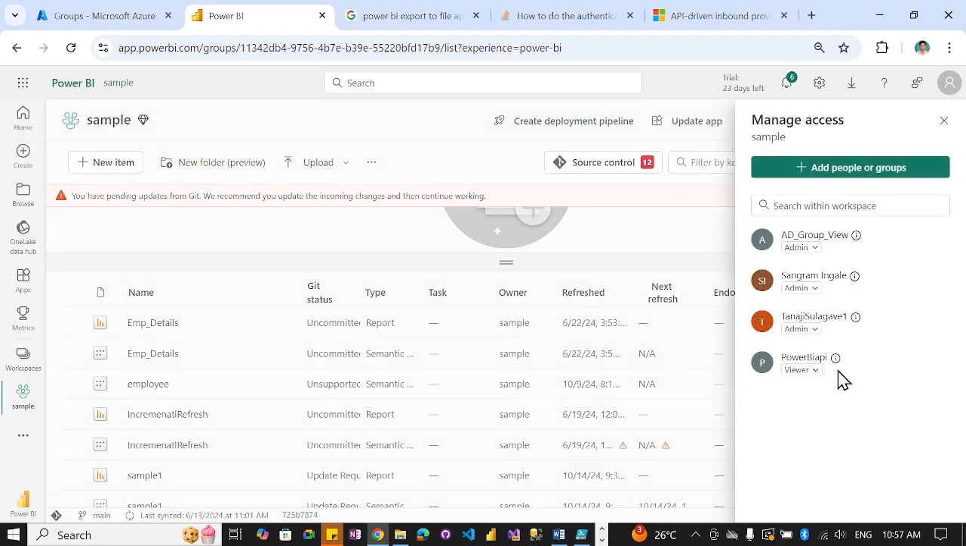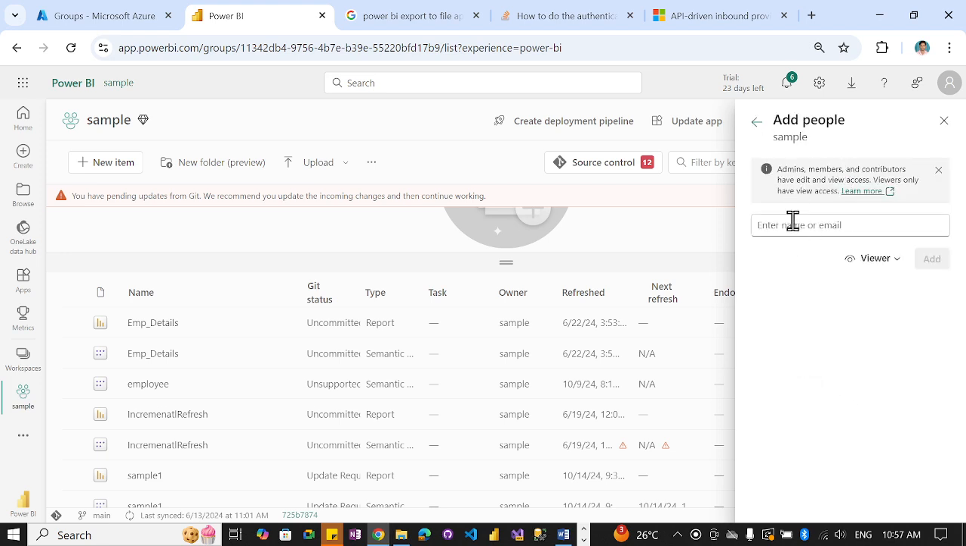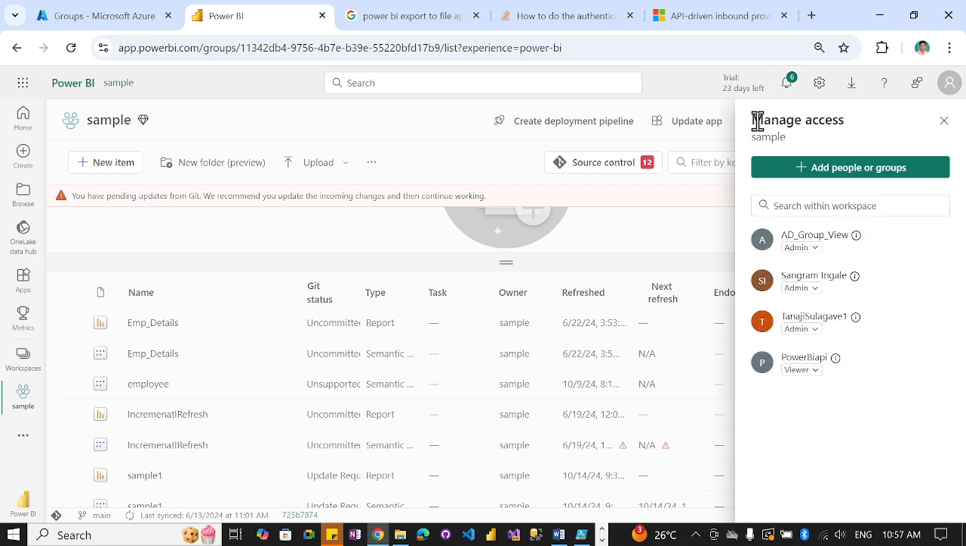Okay, so what is the manage access? What is my security group? This one, Power BI API, is my security group option. So you need to call it here, add people in Power BI, this one. Okay, Power BI API we can call it, which means we can